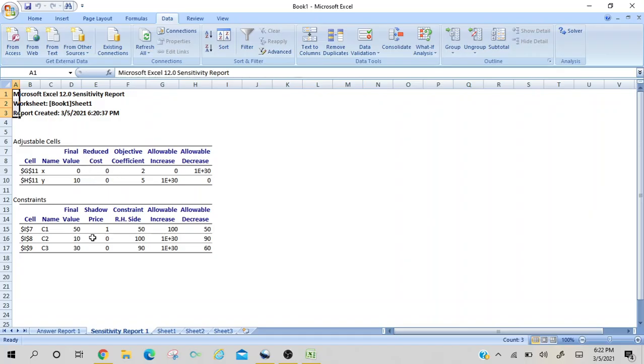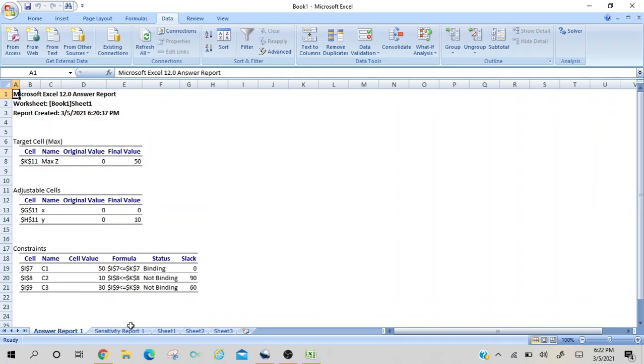And for C1, look here, its shadow price is 1. It means its Cj minus Zj value won't be 0. So the x variable, which is a non-basic variable in this case, has a Cj minus Zj value equal to 0. It means this is a multiple optimal solution case. In this way we can find out that this is a multiple optimal solution case.